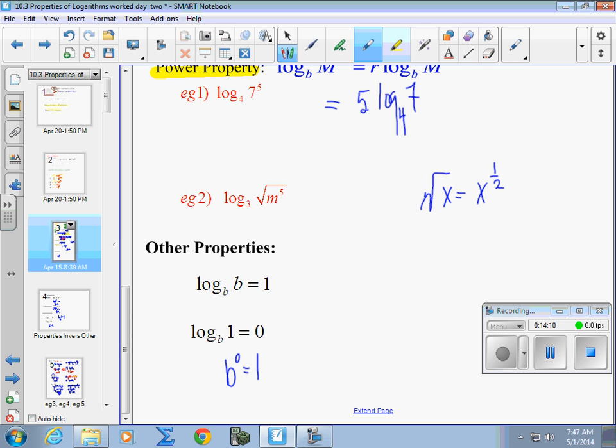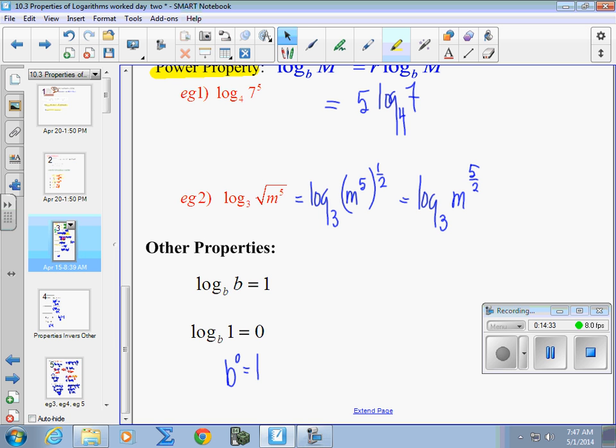This is really log base 3 of m to the 5th raised to the 1/2 power, right? So I multiplied those two together to get log base 3 of m to the 5/2. The power property says